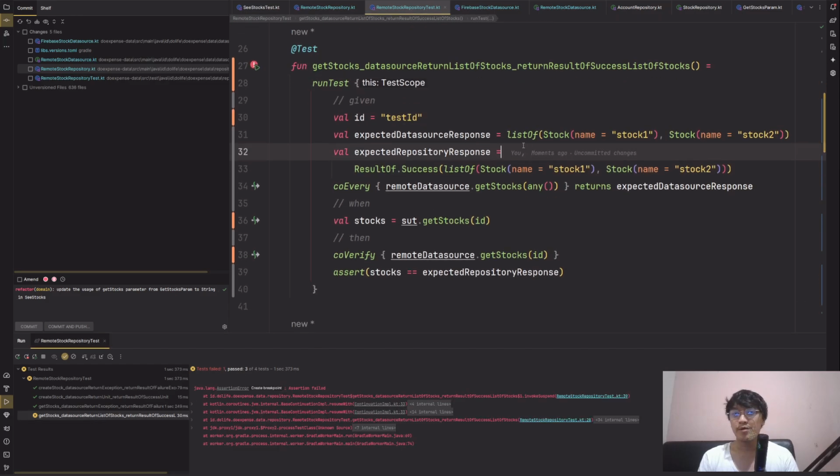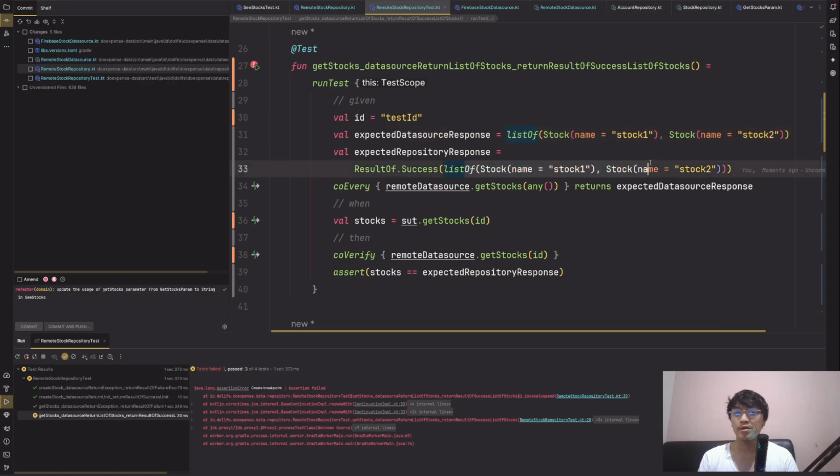So sometimes the list in here is different from the list in here. So to make it clearer, let's just put this into this, because it's actually what I expect for the function in here to work.